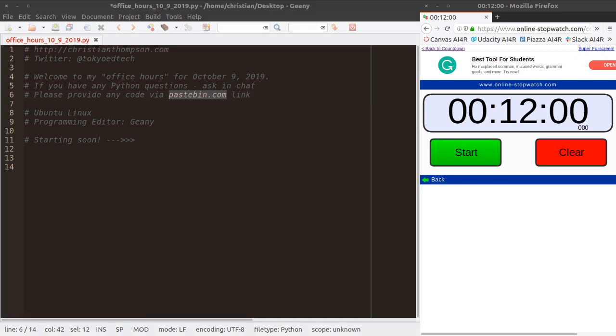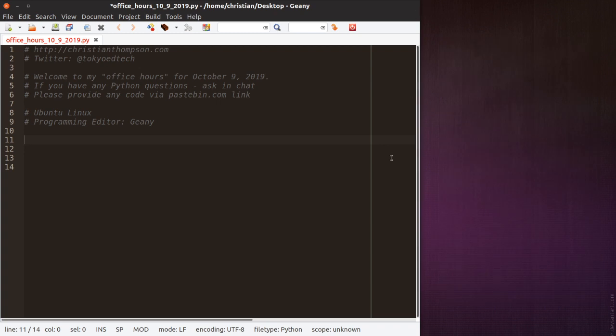I'm going to go ahead and start doing a little turtle programming until I get a question. I do like doing the turtle stuff. So here we go. If you've never used the turtle module before, it's really cool. It lets you do a lot of cool stuff with graphics in a very simple manner. It's designed for children, actually, based on the old Logo language. So I'm going to import the turtle module, and I'm going to do a couple things here. I'm going to set up my window,